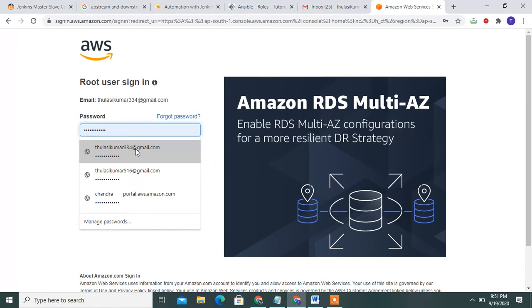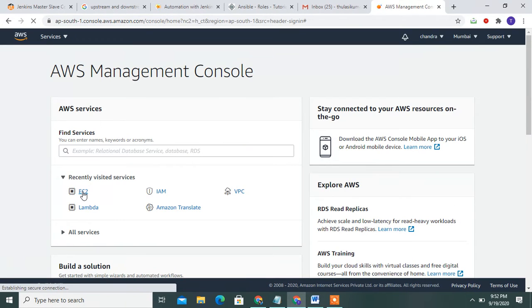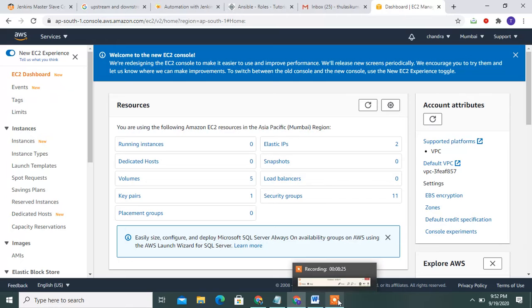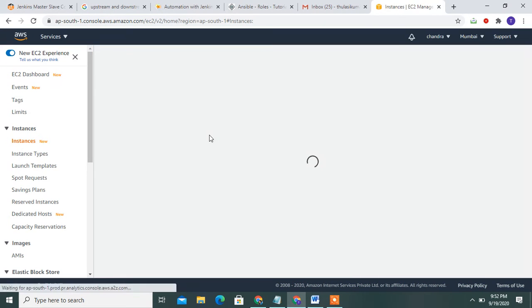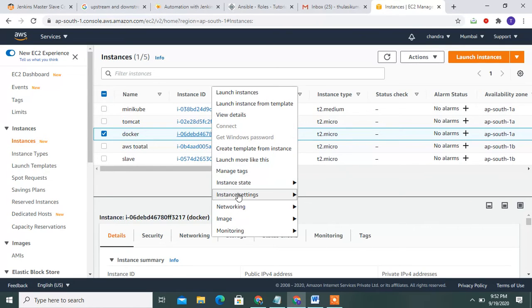The servers are running. In real time, don't stop the servers, they run continuously. For practicals, you can stop them when you are done, which is cost effective. Then start the Docker instance.